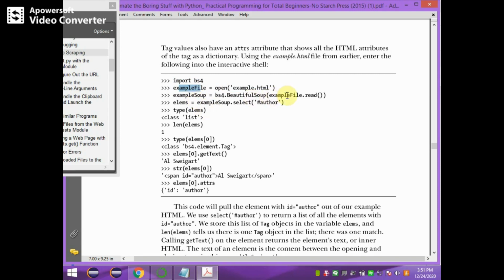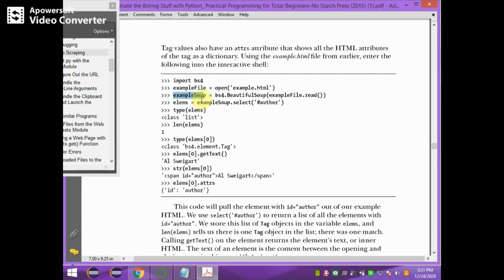Then example file.read reads the content of example.html, and the read content is stored as a soup object by using bs4.BeautifulSoup. This means all HTML elements are stored in the example soup.